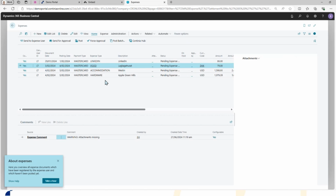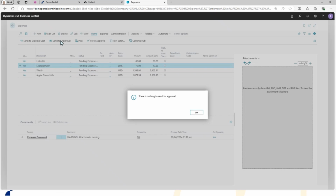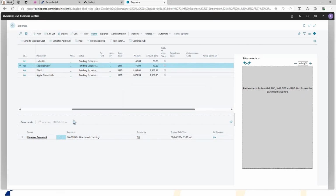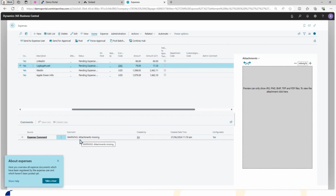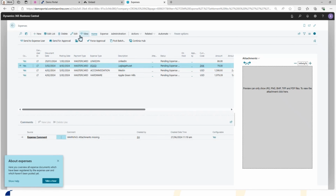But I'm just going to push something through now. I think I'm going to send this off for approval, even though the attachment's missing. So let me just open this. So I've been tripped up here. I'm sorry, I'm not synchronizing with my phone for some reason today, so I haven't got my extra piece of